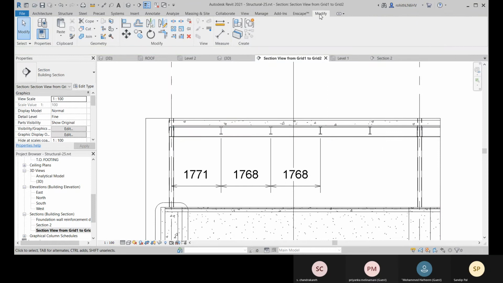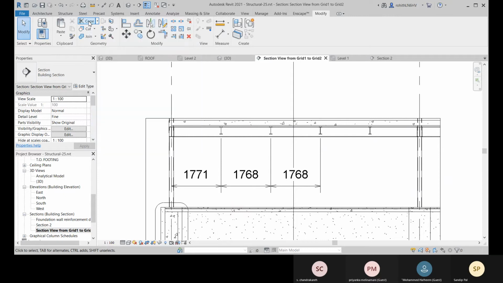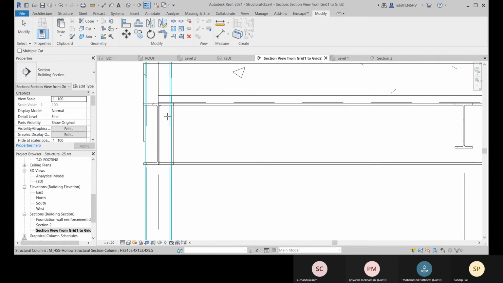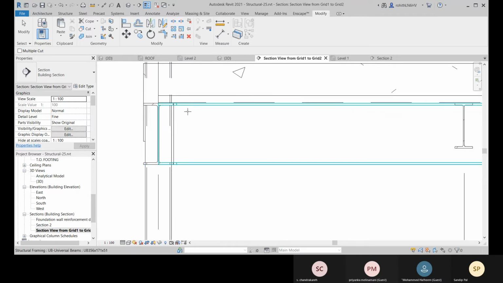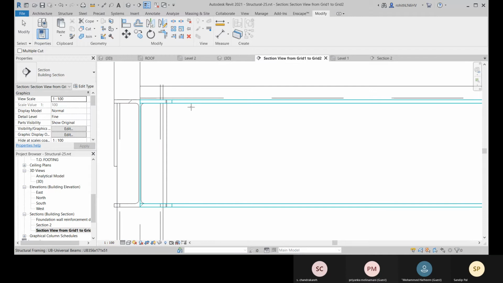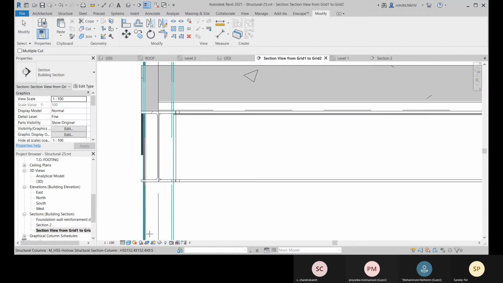So come to this modify now, and we have this cope option. So this is for your beam and column, where you can see it will make a cutout. Okay, there will be no gap. So first you will be selecting which one you make cope. So this one will be coped. So you select this first, and with which it will be coped. So this one. Now you see that this is perfectly joined, and if I go to this shaded